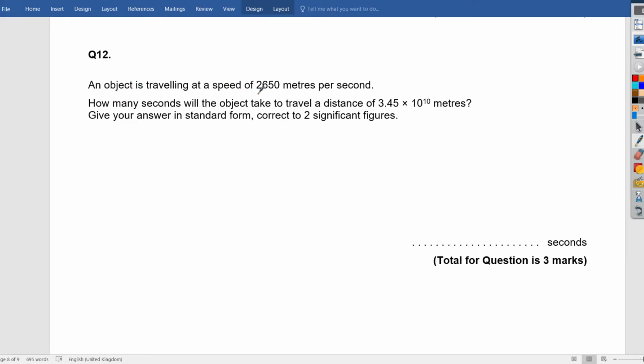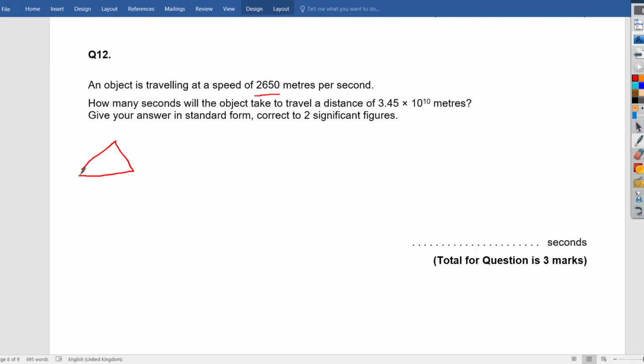An object is traveling at a speed of 2,650 meters per second. How many seconds will the object take to travel a distance of 3.45 times 10 to the power 10 meters? Give your answer in standard form corrected to significant figures. Okay, so already looks like a calculator question. So what we do is, first of all, we got